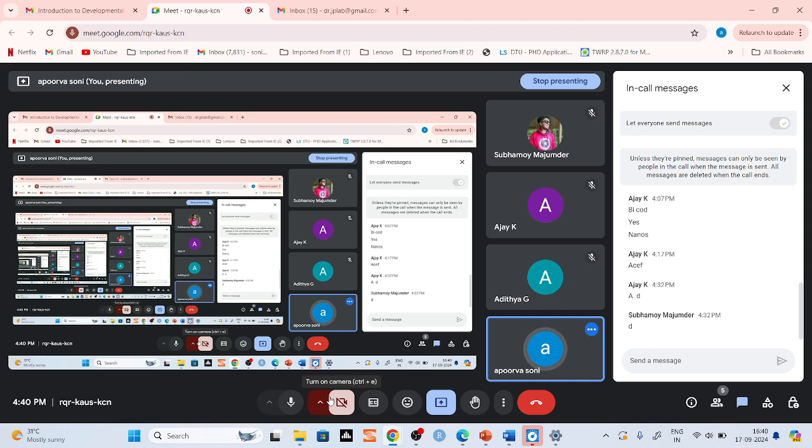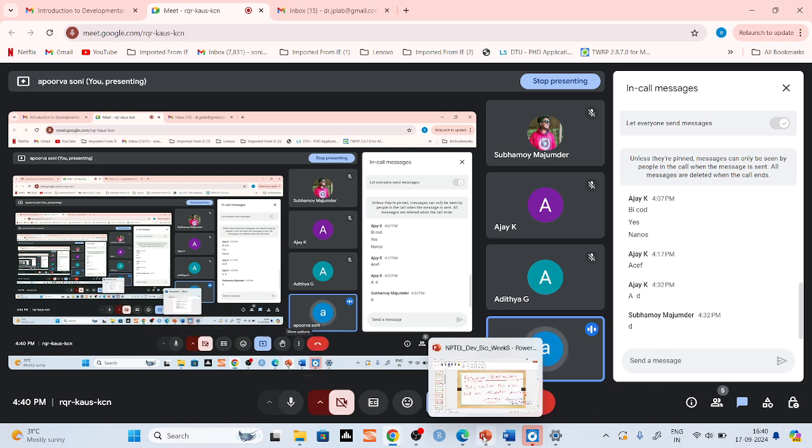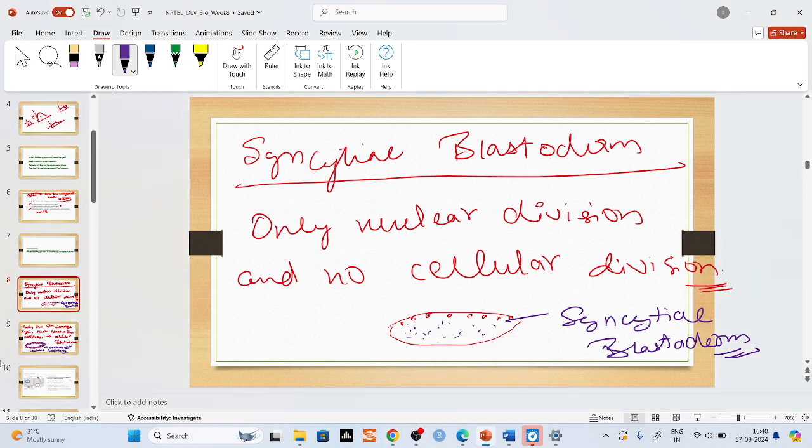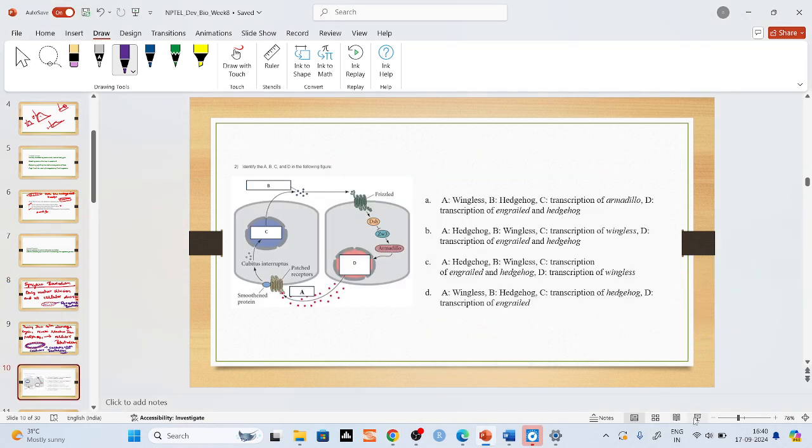Is it clear? Shubhamoy, Ajay, Aditya, is it clear to everybody? I hope it is clear. Now I'll move on. If there's any problem, you can let us know. Okay, next question is